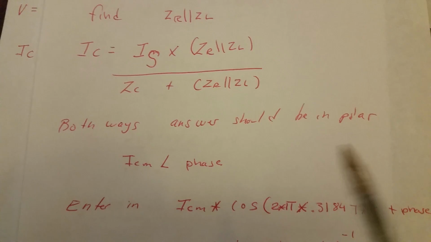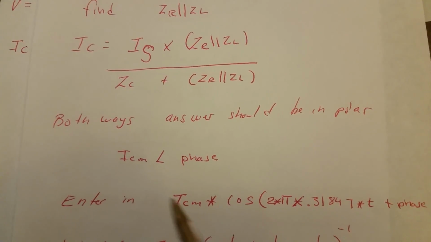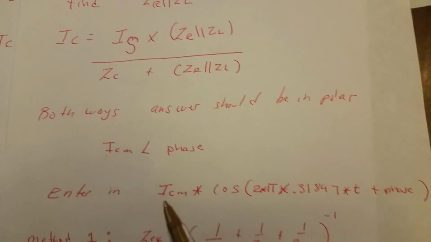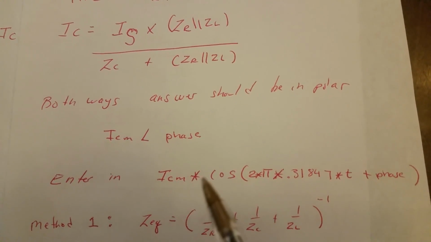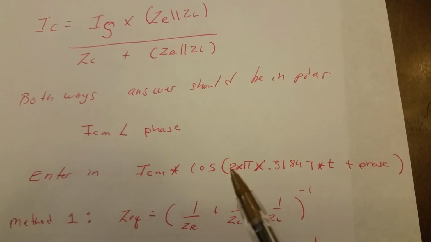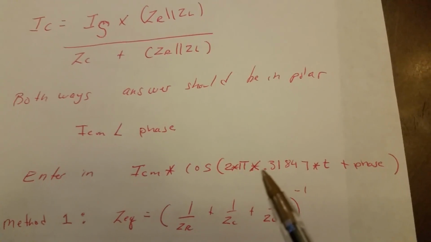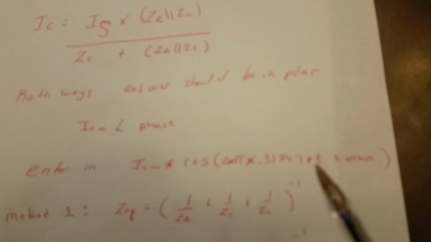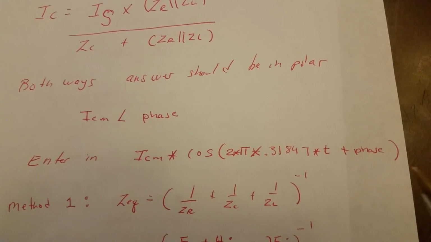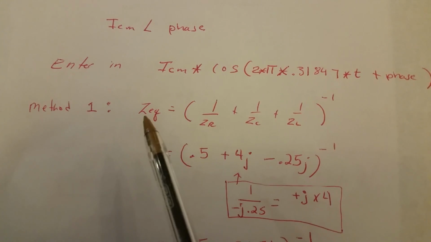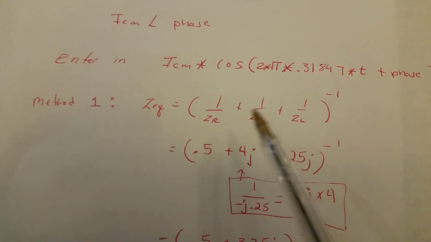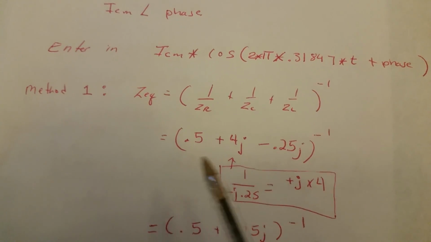Both should be in polar coordinates at the end, and then you would just write down in MyOpenMath whatever value you got for that, times cosine, 2 times pi, actually, times that number, times t, plus whatever phase angle you found. Now if we want to do it numerically, we have Z equivalent, 1 over each impedance,